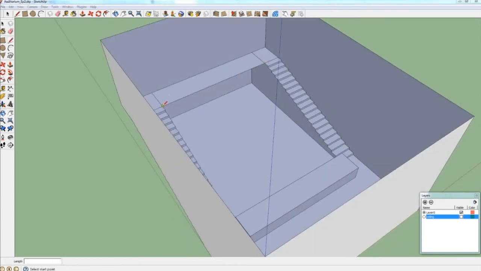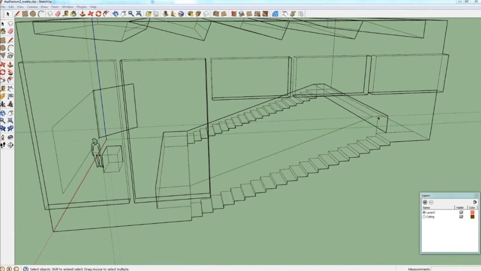Here we need to make another smaller box, so we start with a rectangle of 60 centimeters width here. We extrude this part by 80 centimeters.